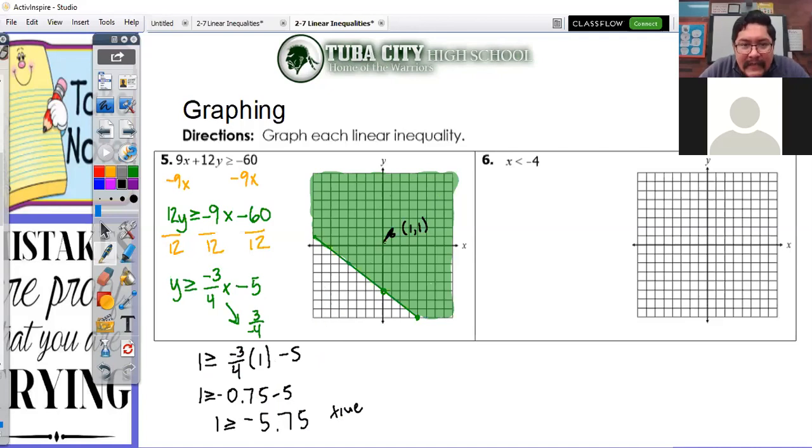If I were to pick, say, -5, or something like that, that would come out to be a false statement. The mouth would be open towards the smaller number. So that's just another way you can check it. Or, sometimes I also tell students to just do that as well. That's usually the best way to do this,